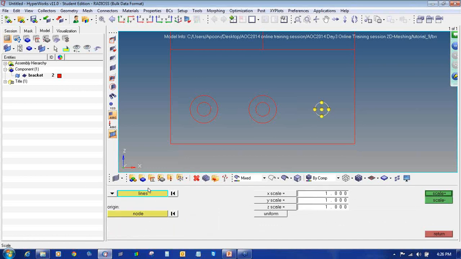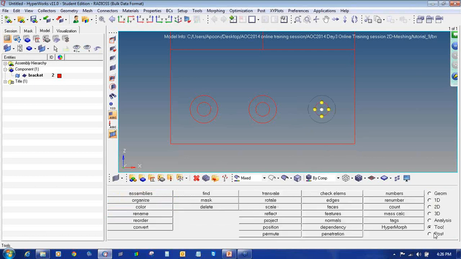So I want to scale this line, say duplicate original component, select the node for the reference, and in all the three directions uniformly I want to scale it and say scale positive. So there are two options available in HyperMesh to create the circle for the geometry, as you can see.